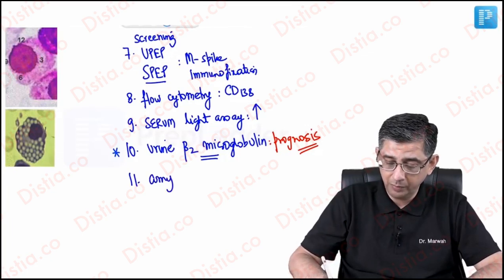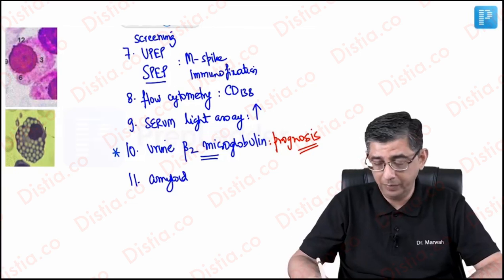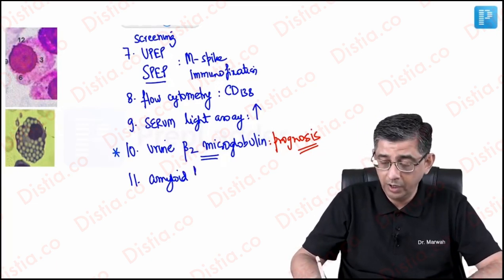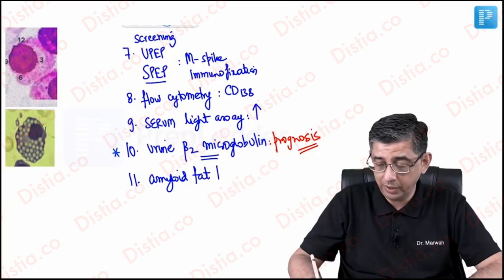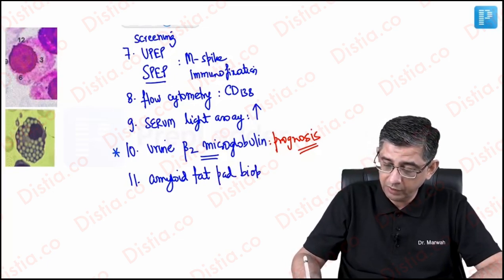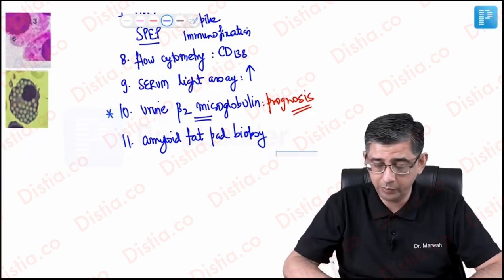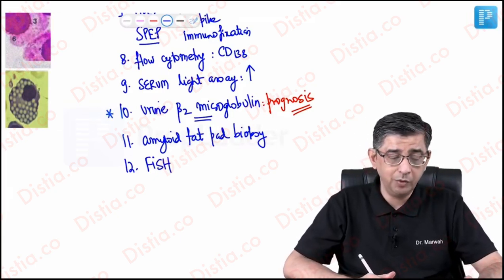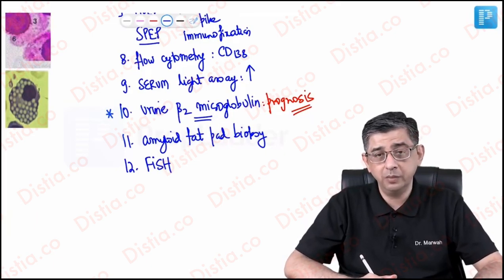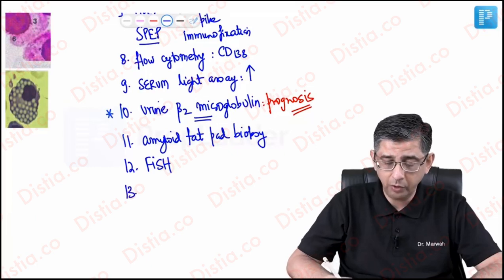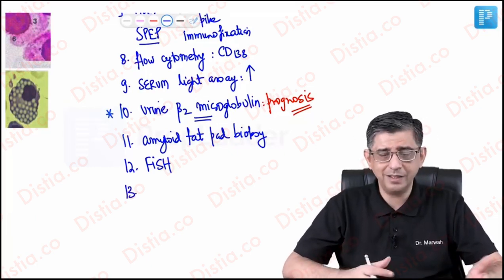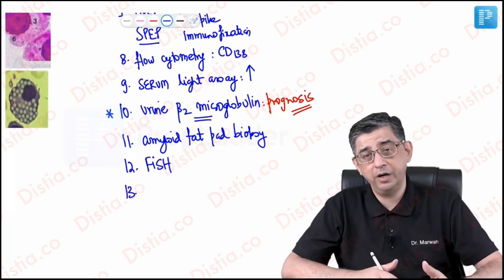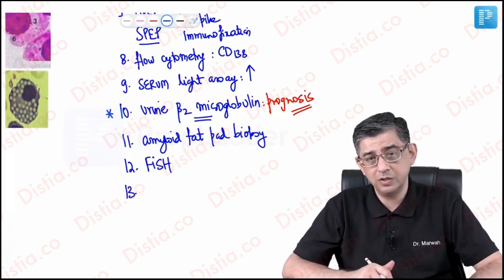Point number 11 is just for completion. Since I was talking about amyloidosis developing in these patients, the kidney of the patient will also get involved. To demonstrate the amyloidosis component, I'll not go for a kidney biopsy. You very well are aware that for amyloidosis, we go in for a fat pad biopsy. FISH would just let me know regarding the prognosis of these patients, because some chromosomal translocations will always be associated with bad prognosis. Cancer is always bad, it's just that we tend to categorize, as doctors, into worst scenario and a relatively better scenario. So like chromosome number 17, prognosis is always bad.